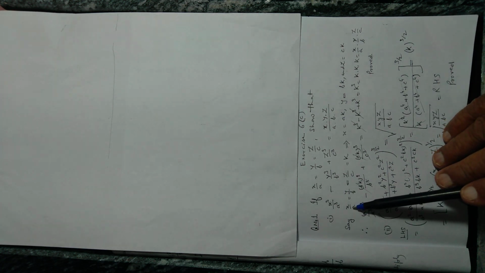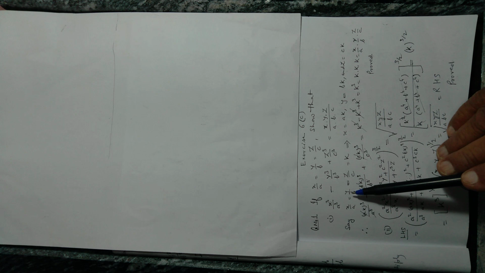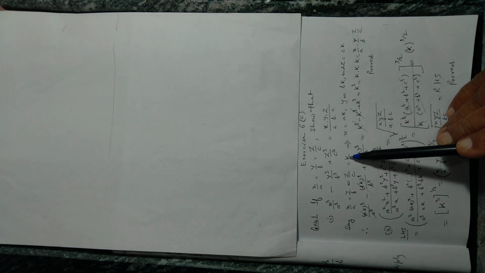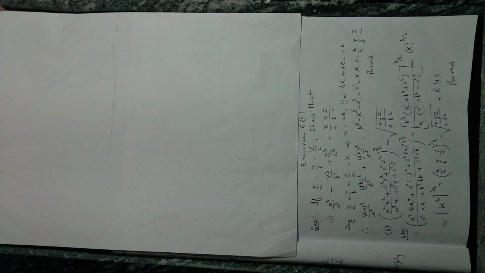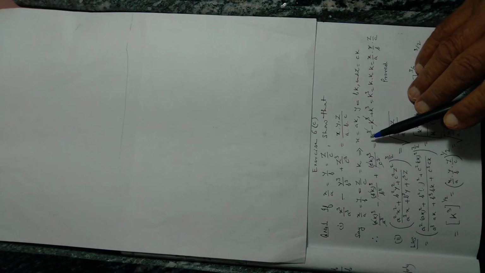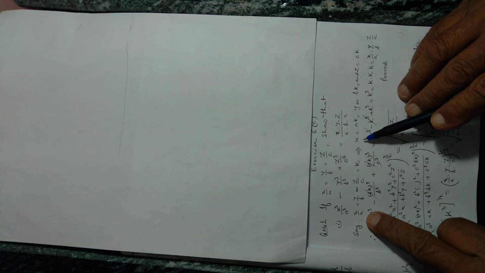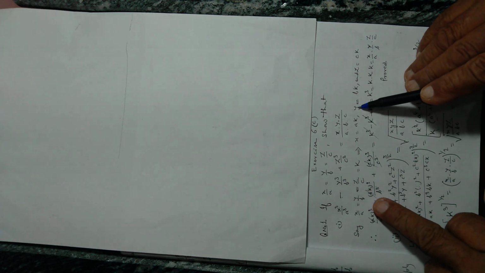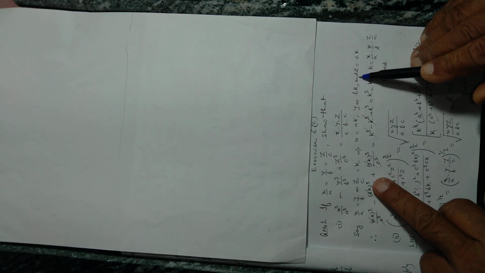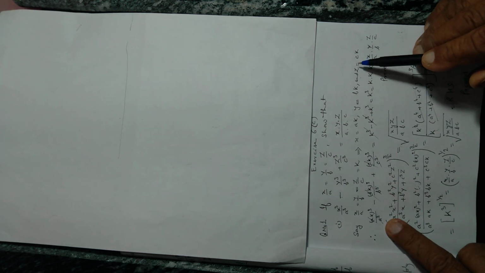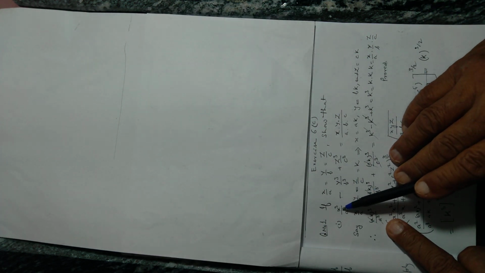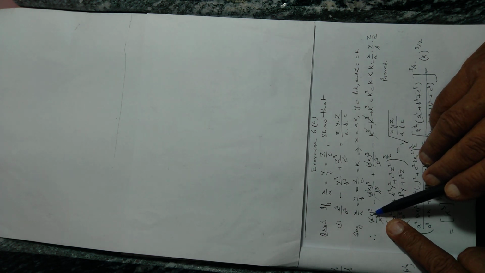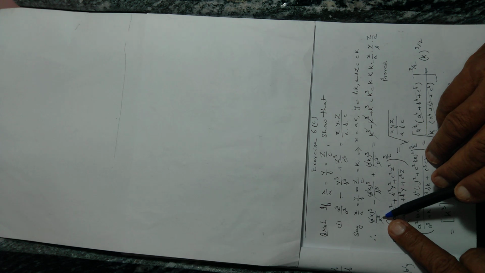We just suppose that x by a, y by b and z by c is equal to k. So here you see x is equal to ak. Just cross multiply. x by a equal to k, so x will be equal to ak, y will be equal to bk and z will be equal to ck. Now substitute the value of x cube. You write down a into k whole raised to power 3 upon a cube